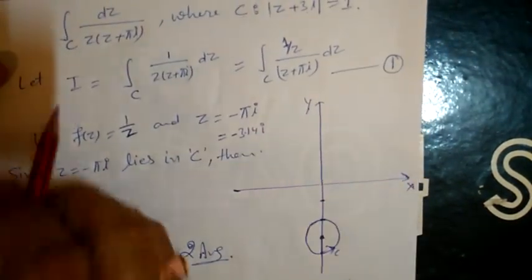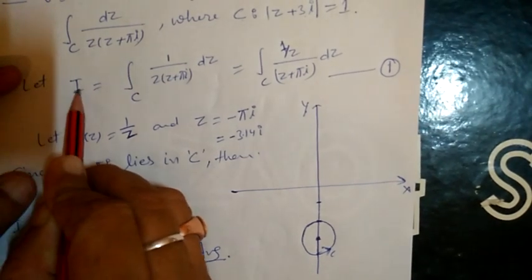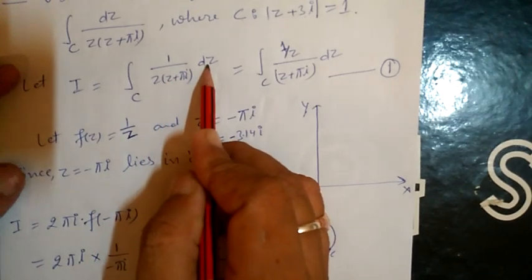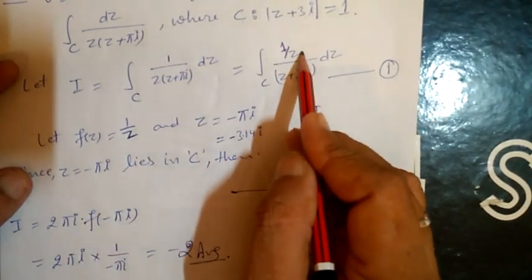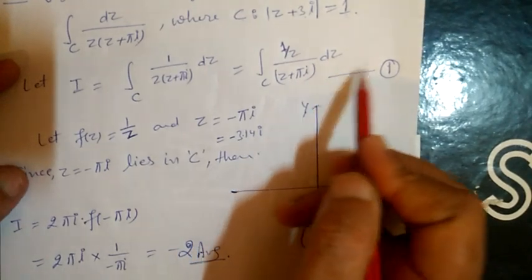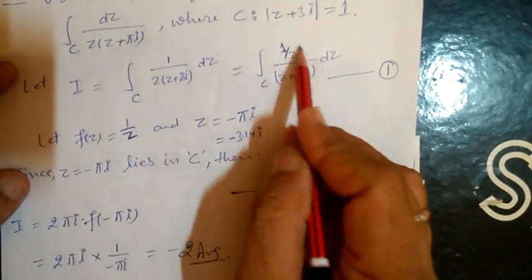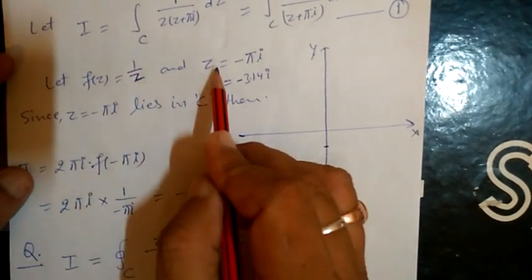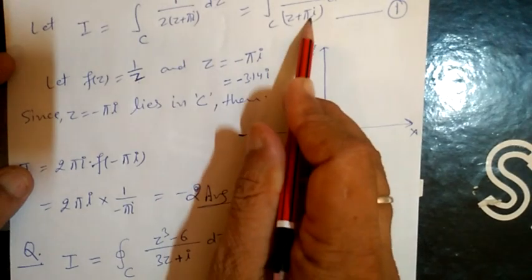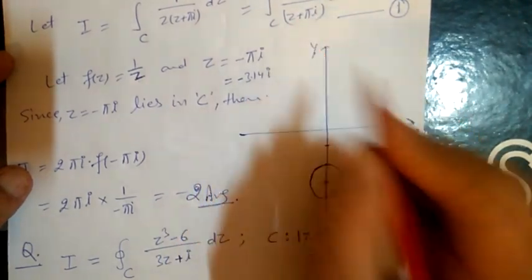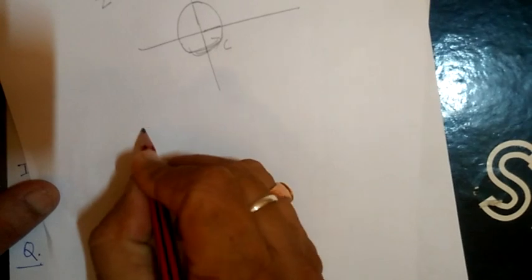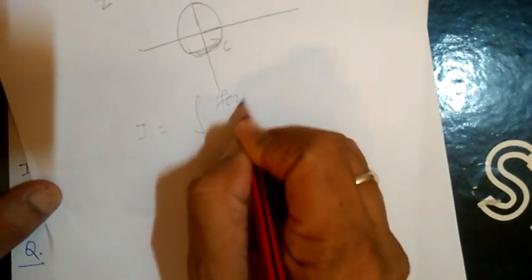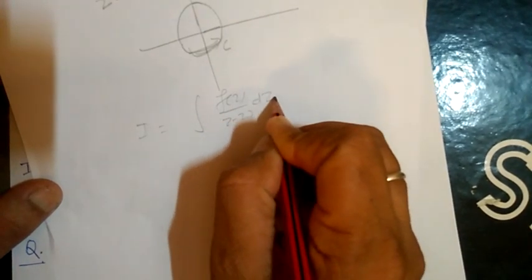Here, if we consider I equal to the integral along curve C of 1 upon z plus pi iota dz, say this is equation 1. So this is f z, where f of z is equal to 1 upon z, and z naught is minus pi iota. That is, we compare this with the integral I equal to f z upon z minus z naught dz,